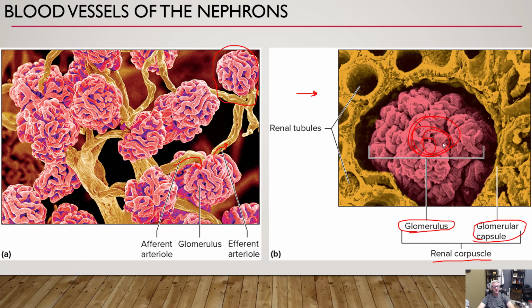But now we're looking at it in a three-dimensional world. It's not really a ball and socket joint. It's like this encapsulated thing. And this Bowman's capsule, or glomerular capsule, surrounds this whole first capillary bed